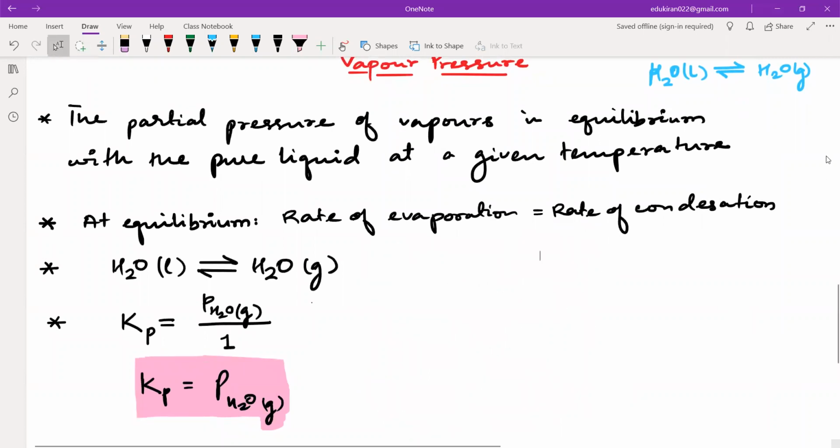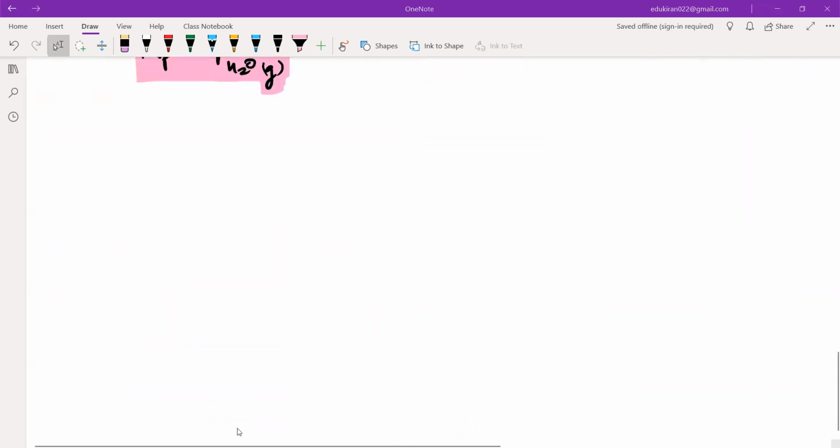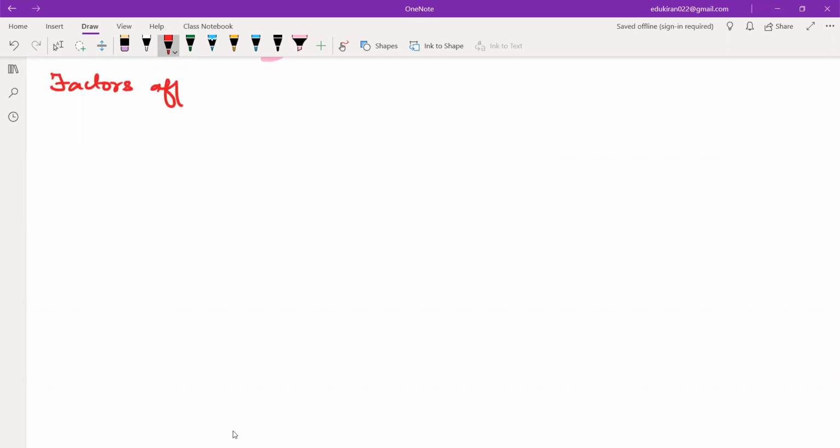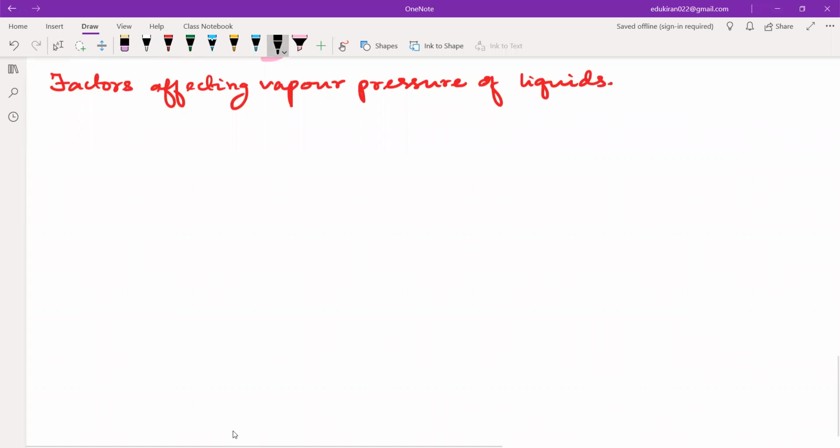So all of you have written this, right? Now let us say, what are the factors that affect the vapor pressure? Factors affecting vapor pressure of liquids. So see, the first one will obviously be that the vapor pressure of water will be greater than the vapor pressure of what? Also, one more thing, if I have sanitizer here,